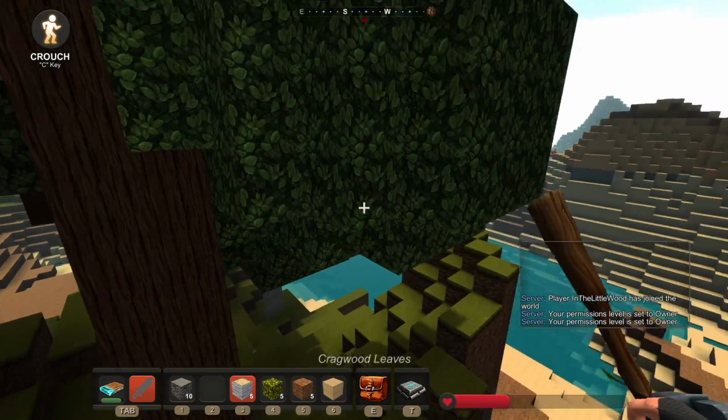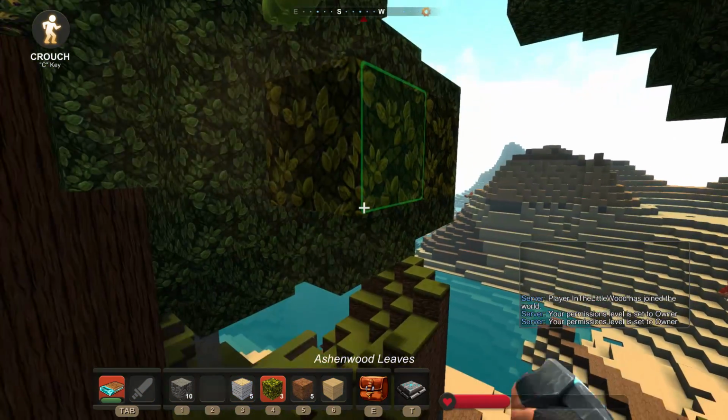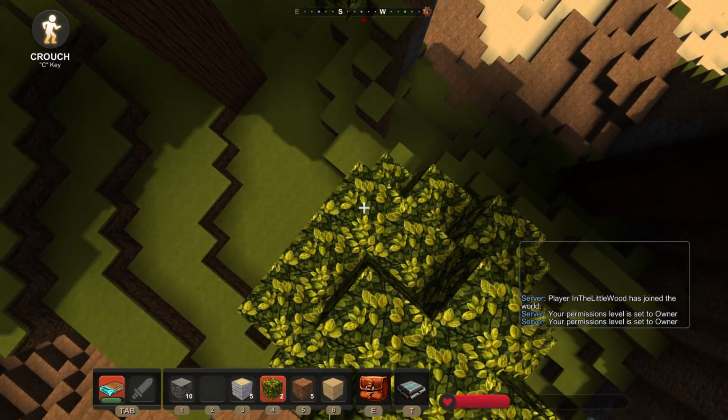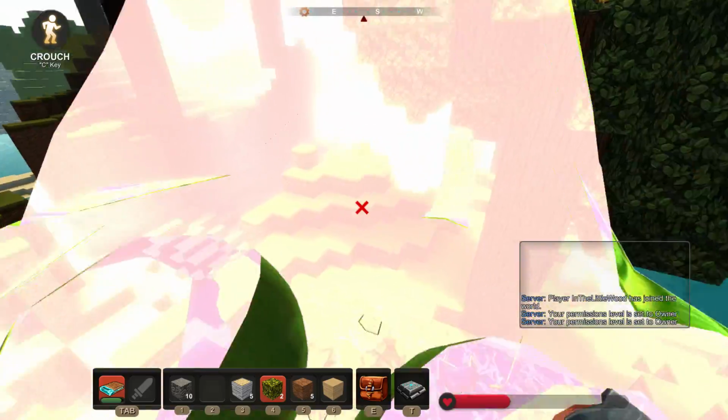If I press C to crouch, you'll see in the top right corner you get the notification that you've crouched correctly. But one thing that I don't like about the crouch is if I crouch on this edge, and then I'm still on the edge and I jump, you barely move away from it. I would prefer it if it was like Minecraft, where when you jump in the air,